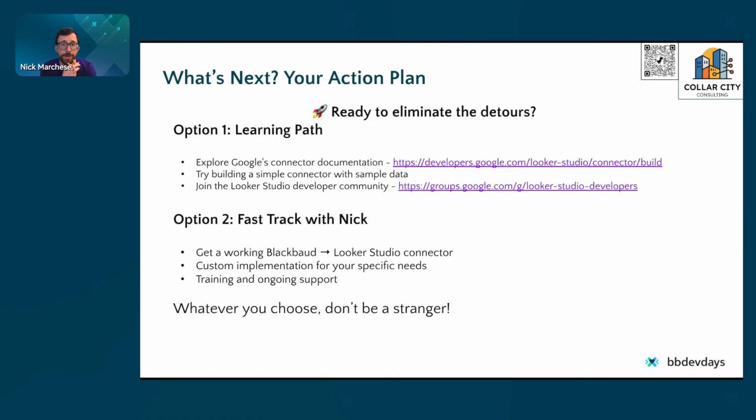The other piece that I wanted to note is if you're going to do this, try building something really simple with sample data that you know is manageable. Really get acquainted with the Google Connector documentation. There are some really great YouTube videos as well that they've put out there that really explain how this flows. And there's also a Looker Studio developer group along with the Sky API developer group that I highly recommend checking out. Or you can reach out to me and you could potentially get a working connector